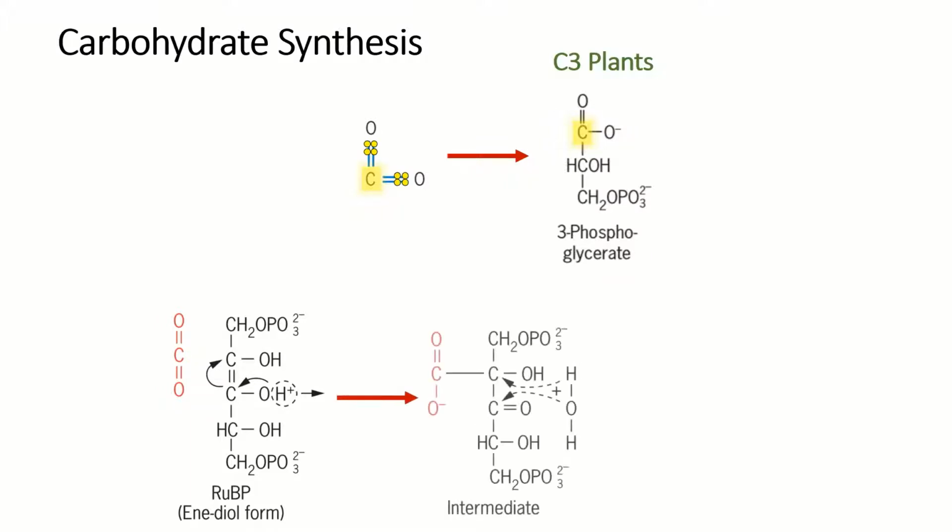As we see here, this is the intermediate. The intermediate now has 6 carbons instead of 5 because 1 carbon dioxide molecule has been incorporated. And this intermediate is unstable and its tendency is to split into two 3-carbon compounds, and that's the 3-phosphoglycerate